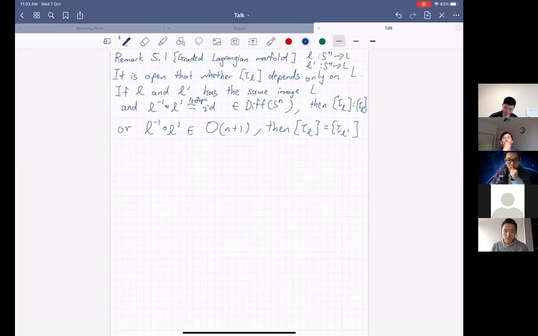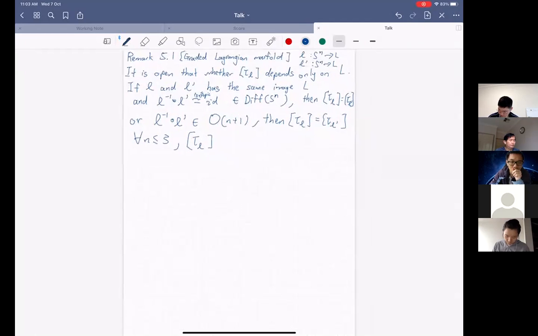So actually they can show it for n less than 3, such that the Dehn twist only depends on L, because the pi 0 of Diff(Sn) is 1. But for higher n, this may not be zero. So for higher n, pi 0 of Diff(Sn)